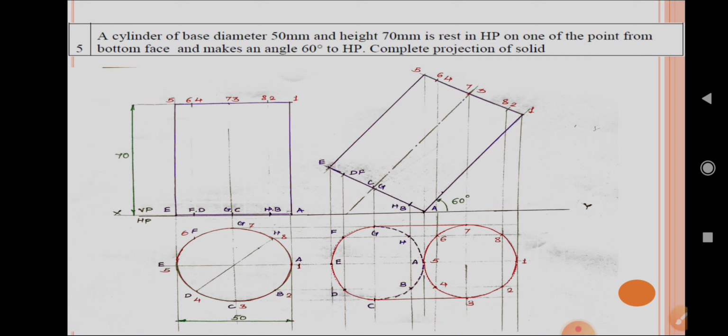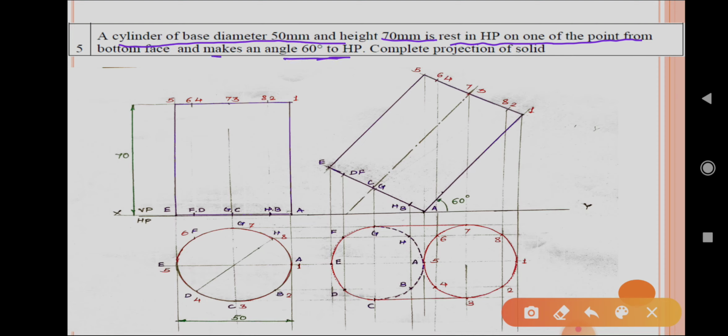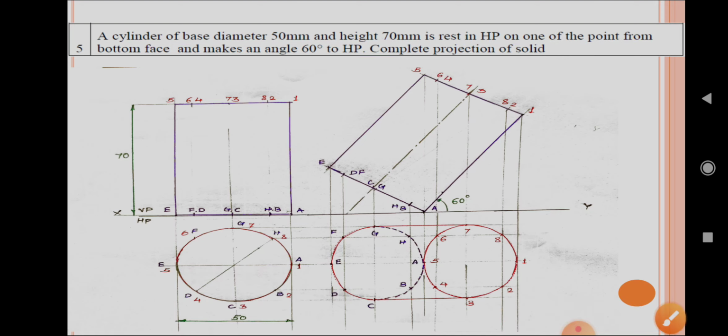And the last problem related to the projection of solids. The cylinder with base diameter 50 mm and height 70 mm rests in HP with a base point or bottom point making an angle of 60 degrees to HP. So first draw the 50 diameter circle in the HP, because the cylinder is resting on the horizontal plane,